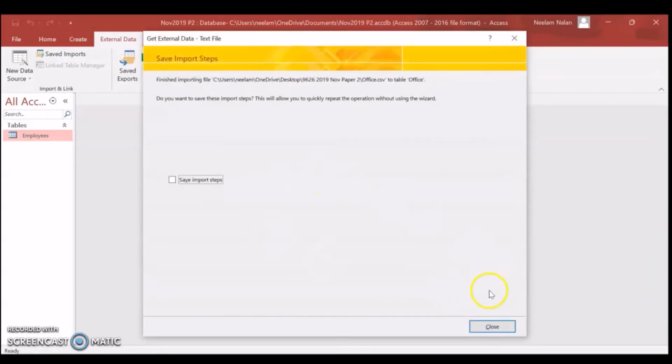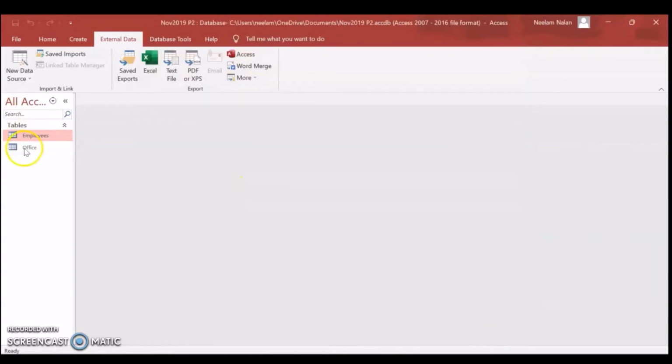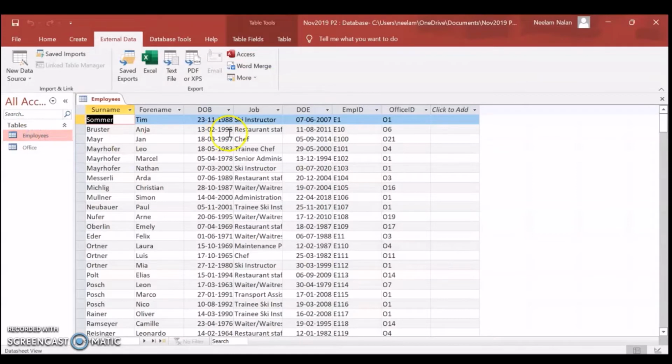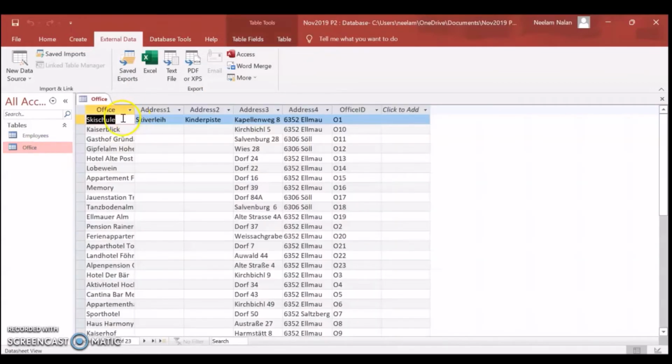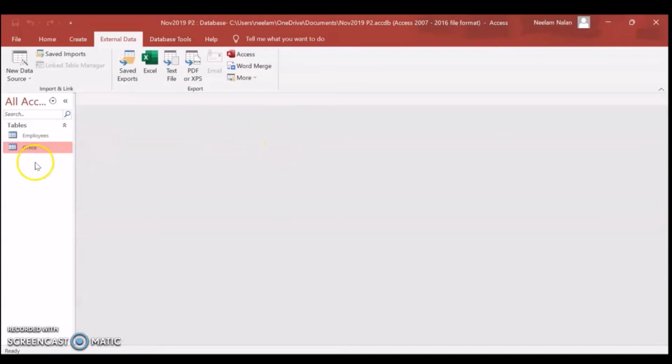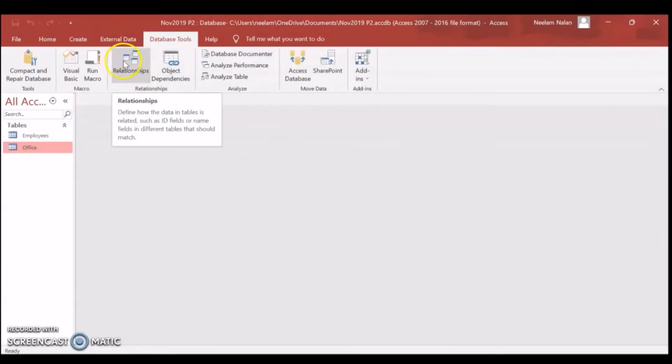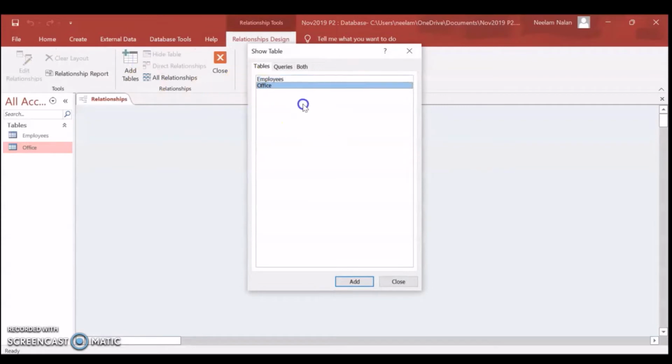The next step is to create the relationship between the two tables. To do so, go to database tools, relationships, add both the tables.